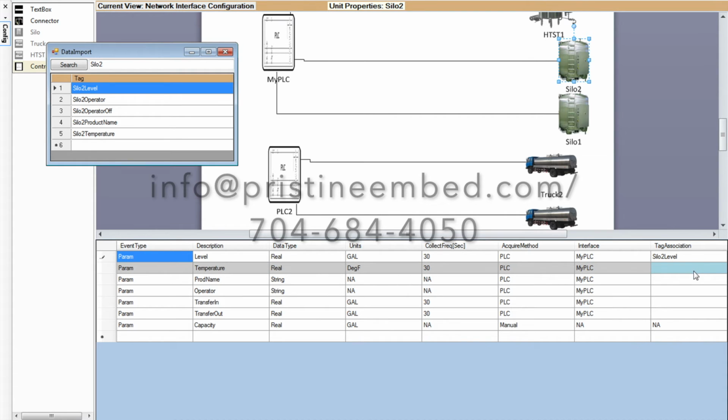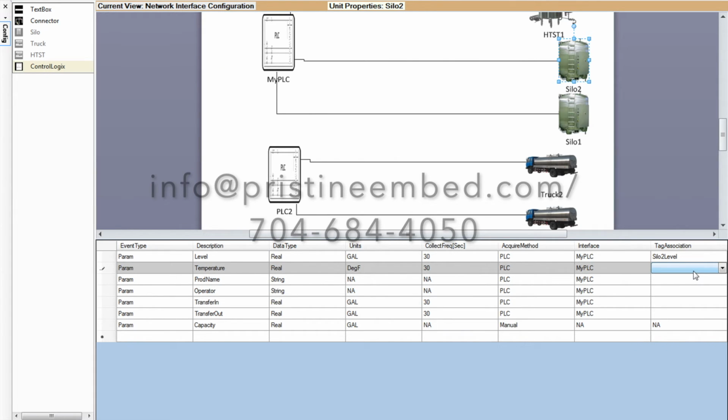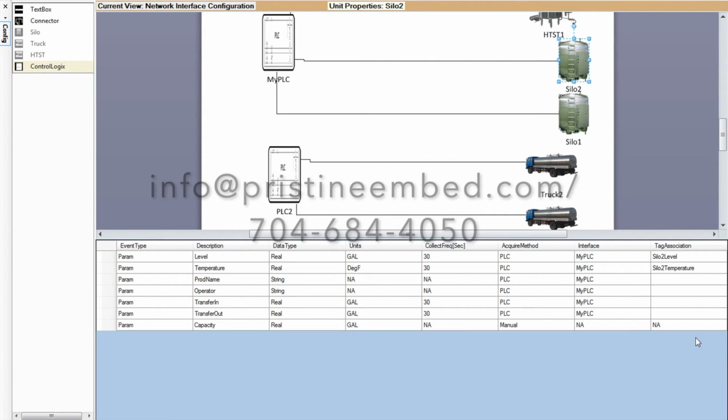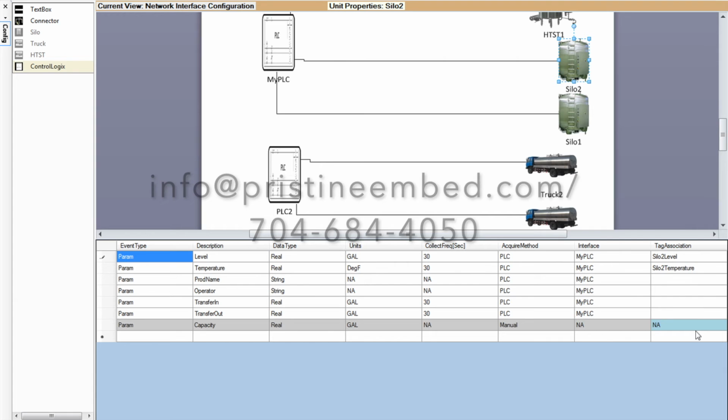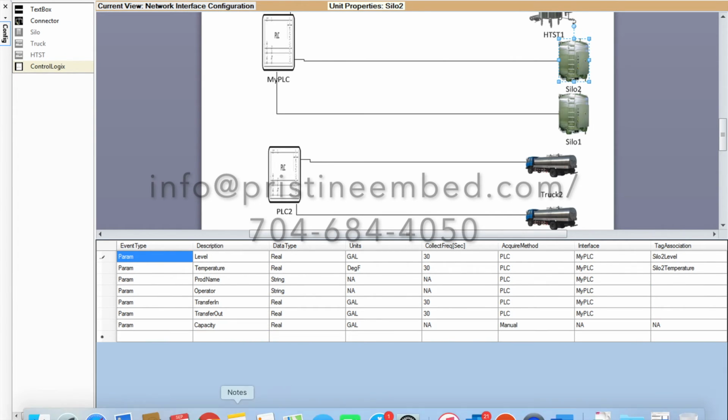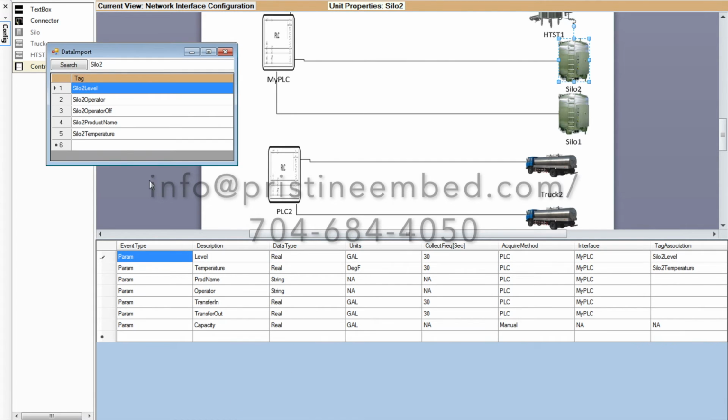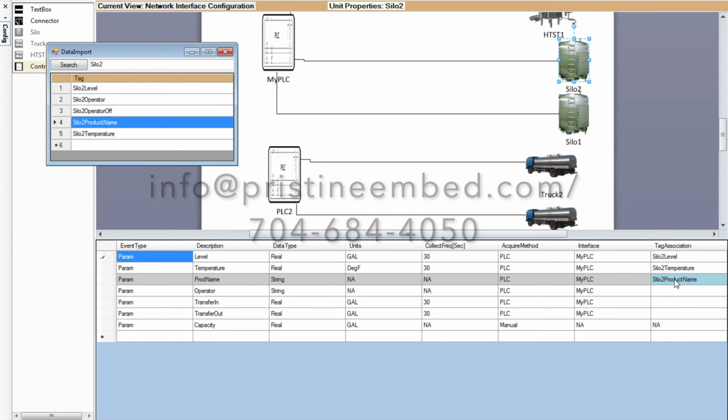Either you can do it this way, or all these tags are available as a drop down here. You can simply click here and then say silo 2 temperature, and same way the product name. So you can configure all the tags like this,